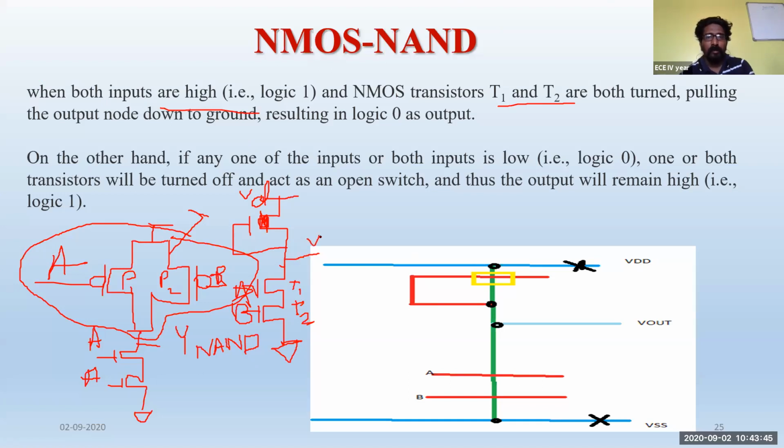that is V out, it will be pulled down to 0 because of the difference in the potentials. The potential at the output will be high compared to the potential at this ground terminal. So definitely, because of that reason, the output will be pulled down from V out to ground. So you will be getting an output equal to logic 0. So that is what we have written here. The resultant output will be logic 0.